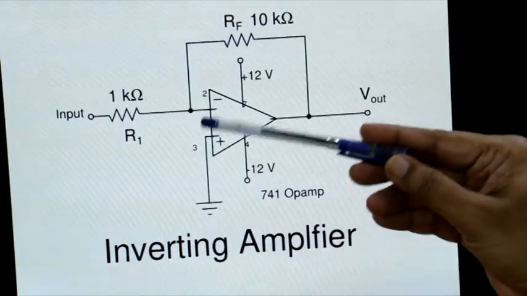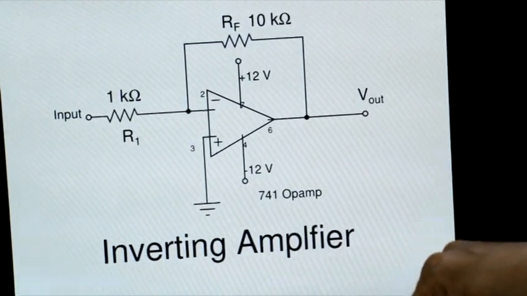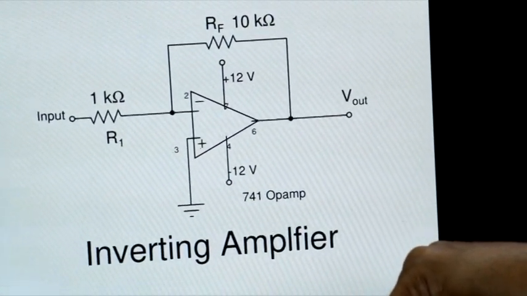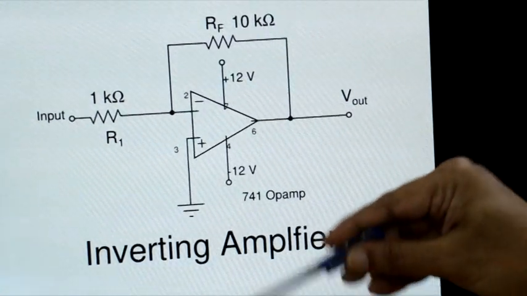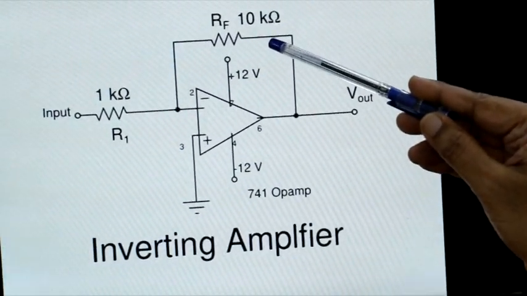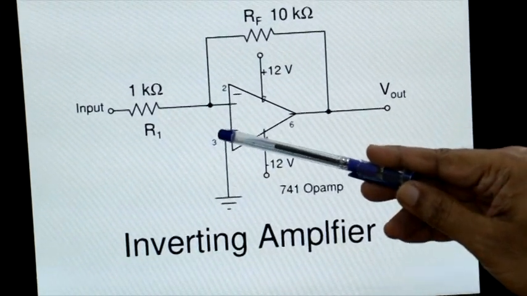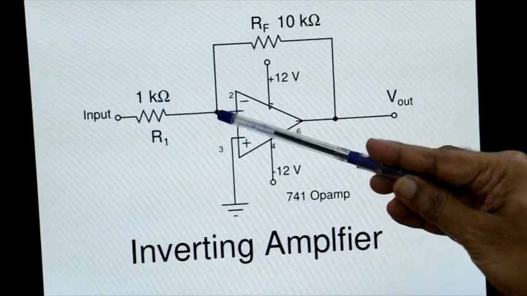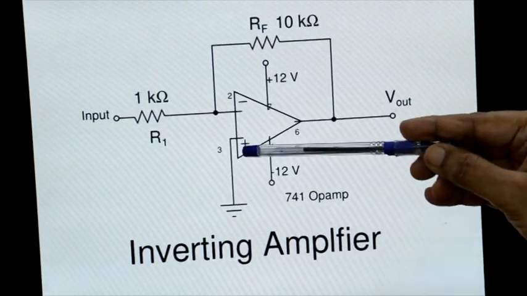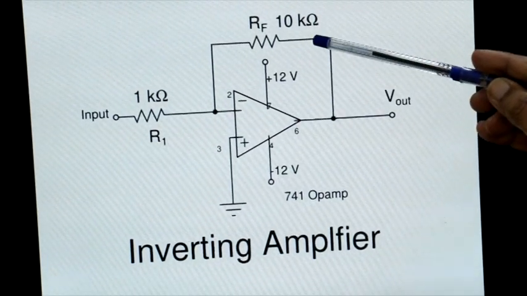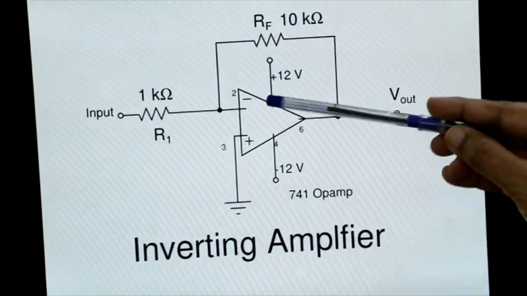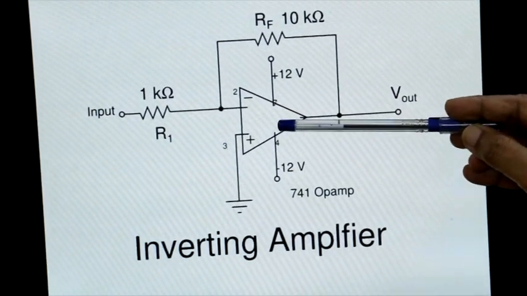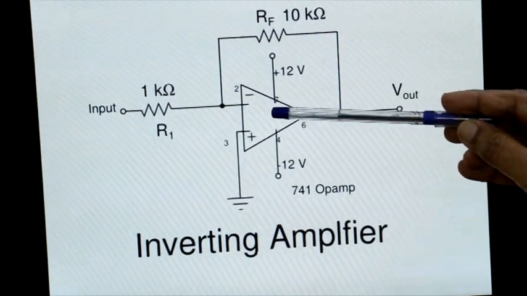Now, generally if you want to use this particular circuit as a voltage amplifier, you need to have R1 as high as possible. Someone might say that I can keep on increasing R1 and accordingly increase RF. But the problem is, let's say I want a gain of 100, and I increase this 1K to 100 kilo ohms. Then in order to get a gain of 100, this RF should be 10 mega ohms. But the input resistance of a practical op amp is of the order of about 1 mega ohm without feedback.